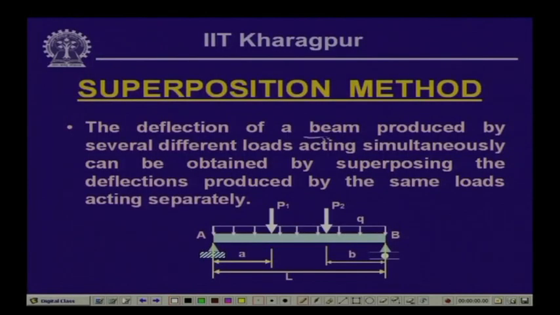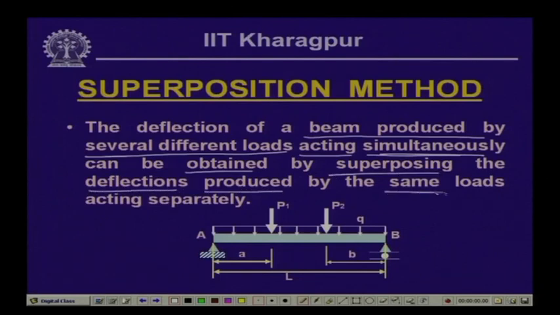Now, the superposition method: the deflection of a beam produced by several different loads acting simultaneously can be obtained by superposing the deflections produced by the same loads acting separately. As an example, this is a simply supported beam, hinged at this end and on a roller at the other end, and it is subjected to a uniformly distributed load q per unit length,